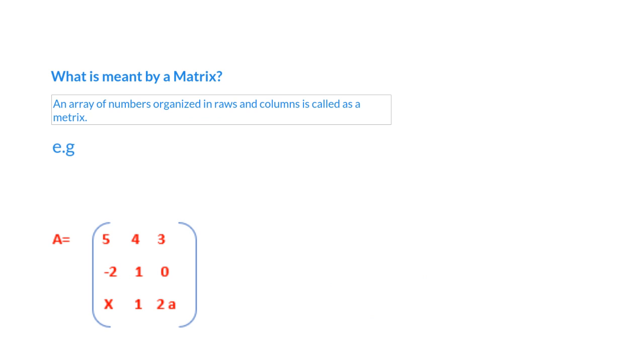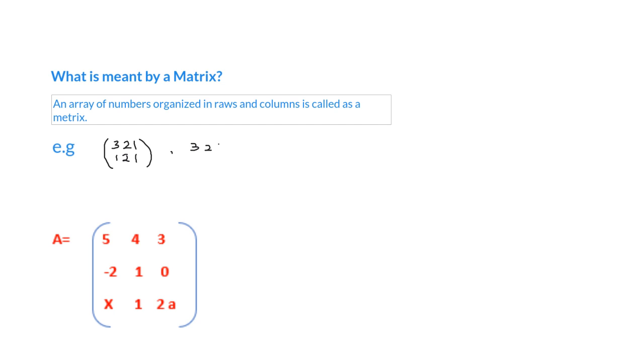What is meant by a matrix? An array of numbers organized in rows and columns is called a matrix. For example, I can write 3, 2, 1, 1, 2, 1. One matrix. Other one,